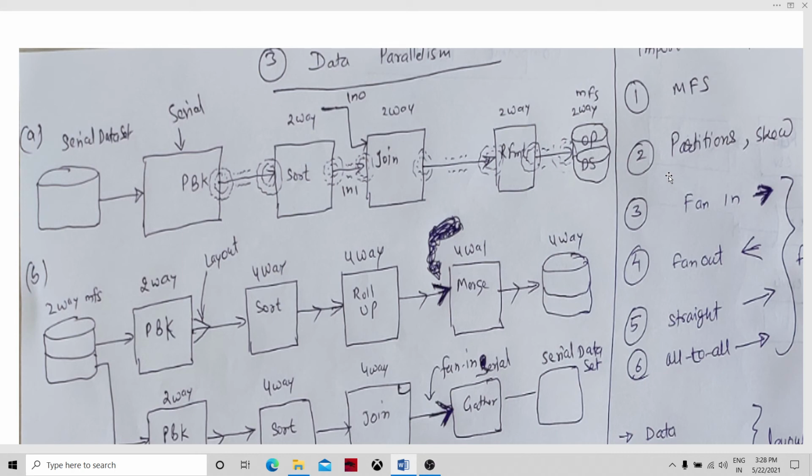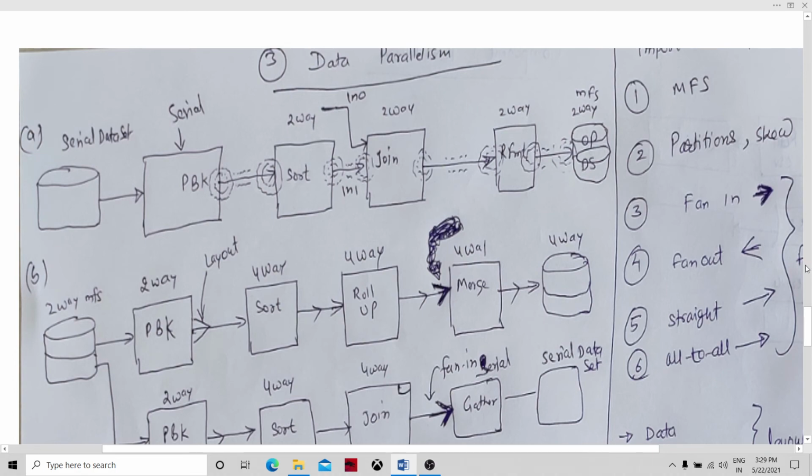Or probably we could enlarge our key. Let's say we are using partition by key with the key k1. We can make it k1 and k2, and that will help to reduce the skewness of the data set. So this is another concept.